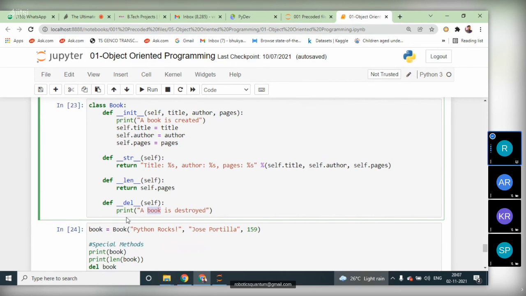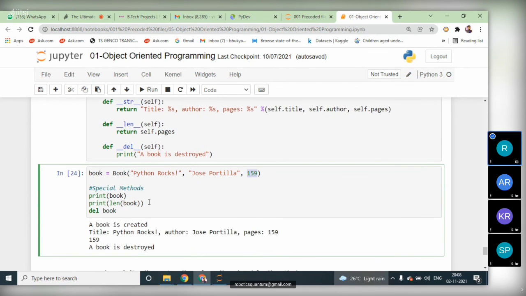And we have __del__, which, if you want to delete the book, simply displays destroy. We create an object reference variable for this book class. While creating it, we must pass the parameters: the title, the author, and the number of pages, 159. When you print the book variable, all the information is displayed, and when you use the length function, the number of pages is printed.